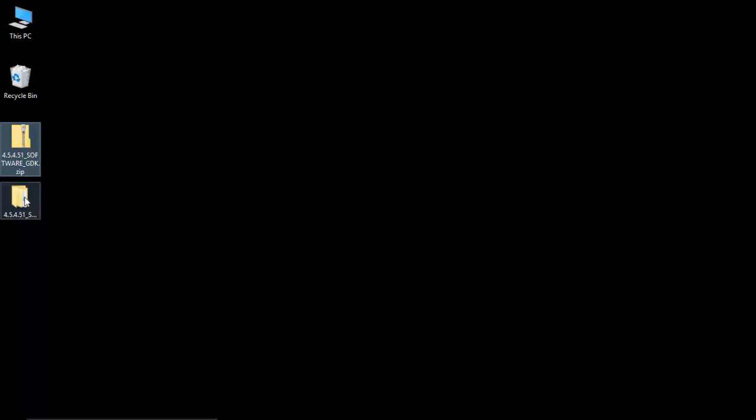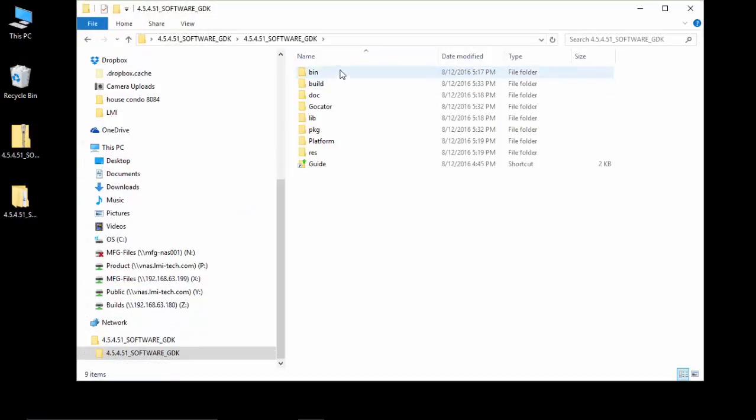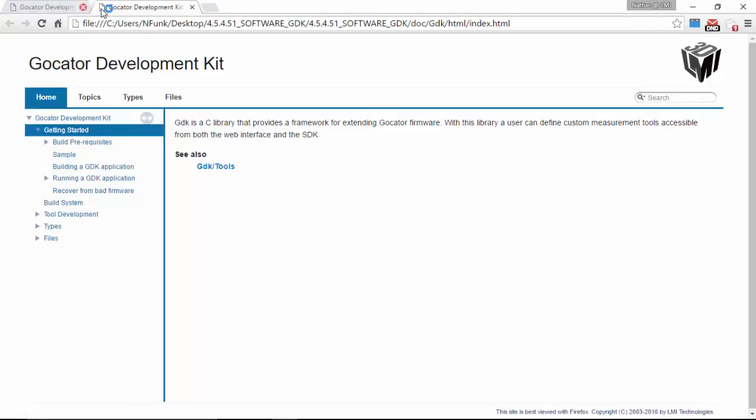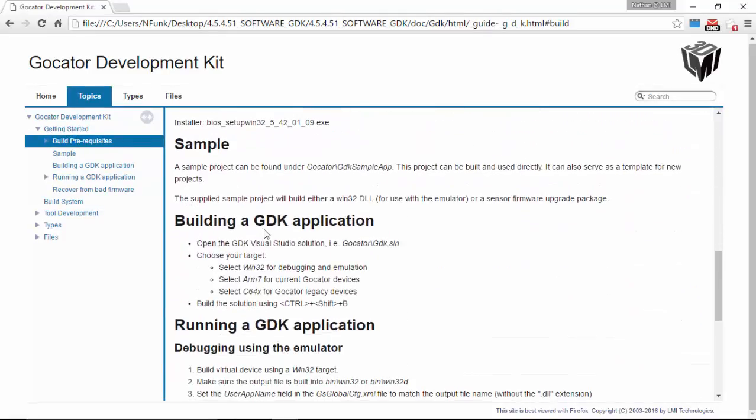I've extracted it already. Inside there you will see a number of subfolders, and one of them is a link to a guide here, and this guide just gives you a quick introduction to installing prerequisite tools, and then also shows you how to start building a first application using an example that's contained inside the zip package.